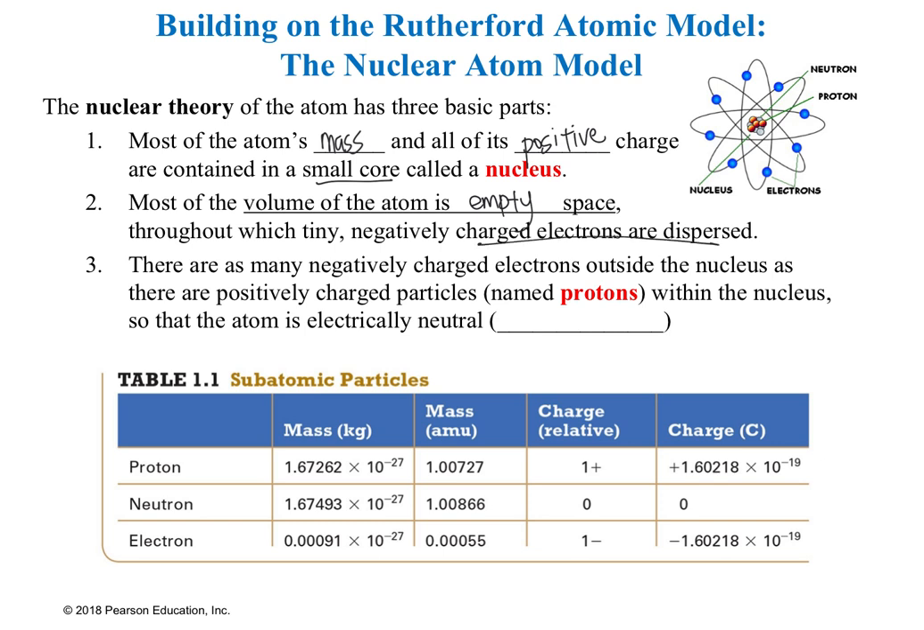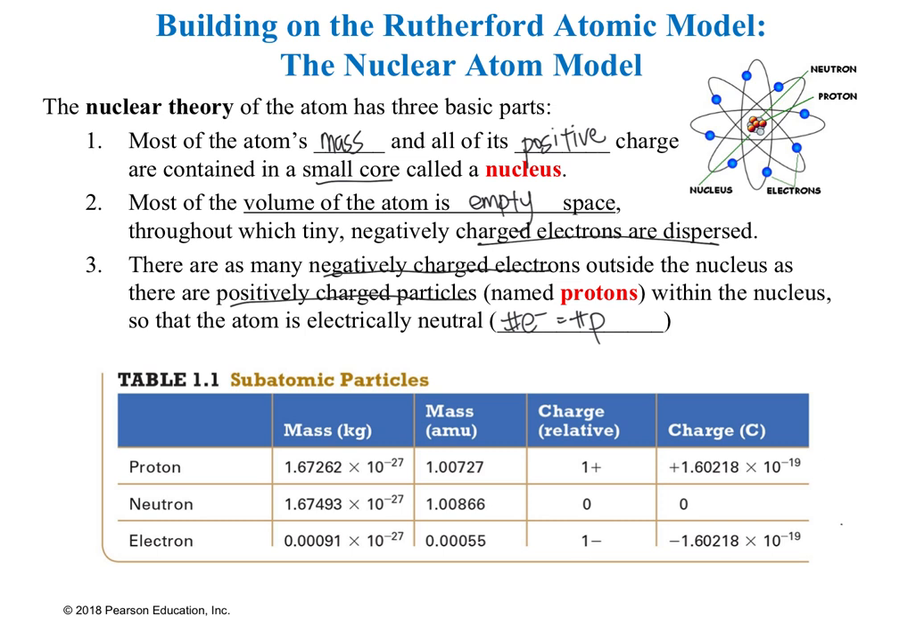Now at this point, we don't know what those electrons are doing, but we just know that they're making up most of the space and that they're negatively charged. And we know that for neutral atoms, there are the same number of negatively charged electrons on the outside as positively charged protons in the nucleus, meaning that the number of electrons equals the number of protons for a neutral